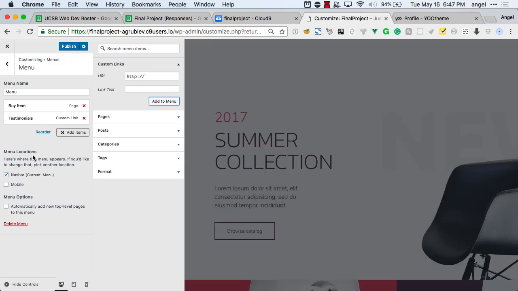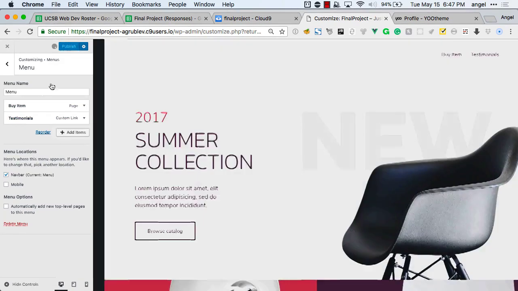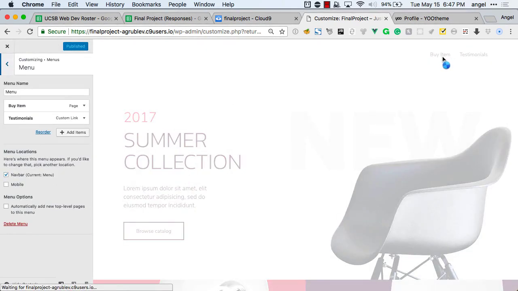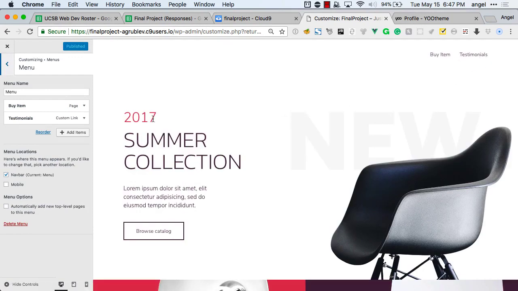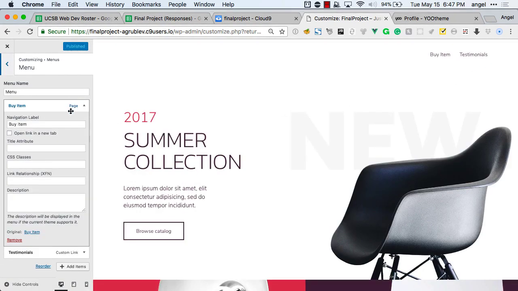Cool. So that looks good. There they are. By item, testimonials. And we can actually get pretty fancy with it because what UTheme uses is called the UI Kit framework, which